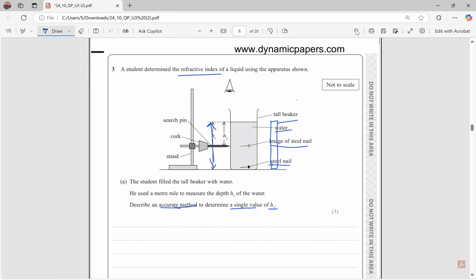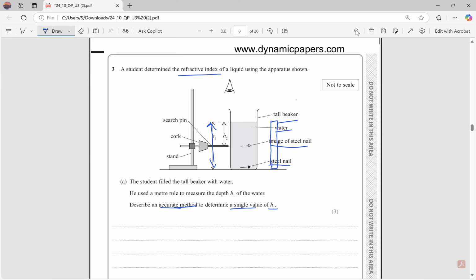Now this type of question where they ask you to determine accurately the value of a height is repeated in almost every single Unit 3 paper. So the situation is different, but there's always a meter rule being used to measure some height, some distance, and you have to say how you do it accurately. So the precautions are more or less always the same. So the first thing is,